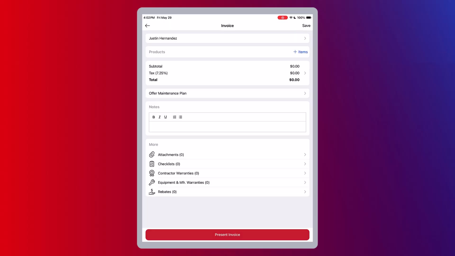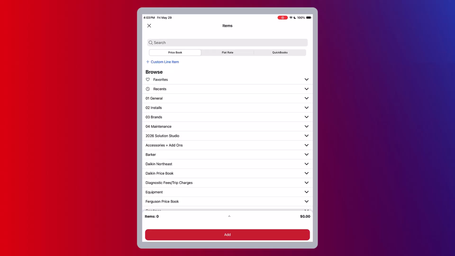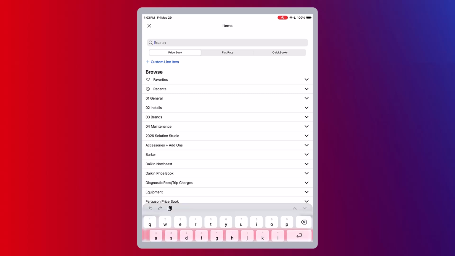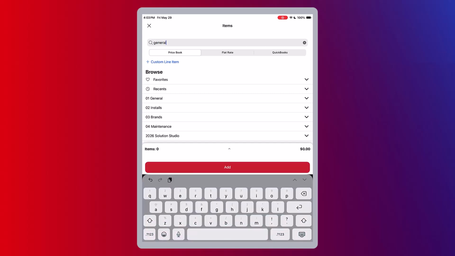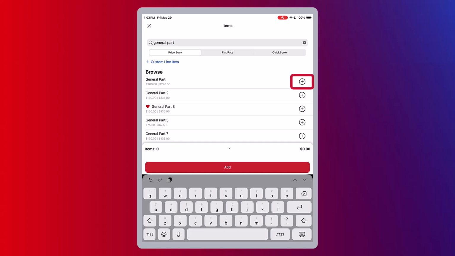This will bring you into the build mode for your new invoice. And now it's time to add items from your price book. Tap Add Items to open your price book and search for the products you need. Let's look for a general part. Type what you're looking for in the search bar, and it will pull up any items with those keywords in the name. When you find the item you're looking for, tap the plus sign to add it to the product